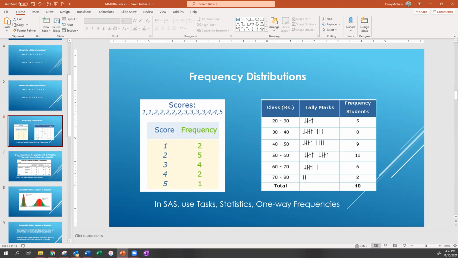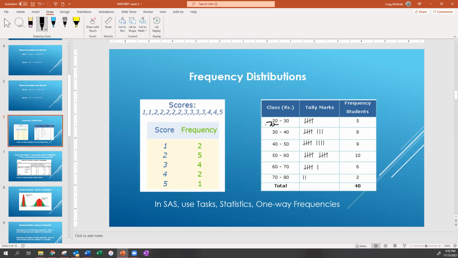So basically, instead of these numbers, this is going to be 0.705 to 0.755, right? And the next one's going to be 0.755 to 0.805, and so on and so forth. And then what you would do is you would look at your data and go, okay, how many data values fall within this range? Let's just say these are the numbers. There's 5 in this one, and then there's 40 total.